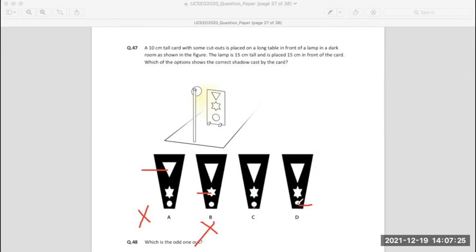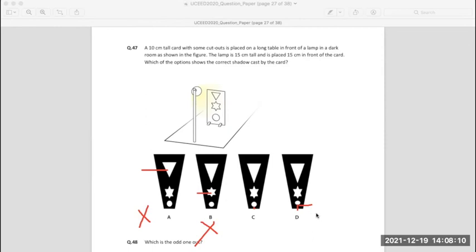You see this spacing versus this spacing. It's very evident, there is a big difference. Which one will it be? Ma'am, D. C. It will be C. It won't be D because the spacing is huge. Whenever the light source is a point source and the shadow falls downward onto the surface below, the distance will automatically be smaller. Because it's a point light source, the distance of the shadow will be smaller than the actual distance that we are seeing here.